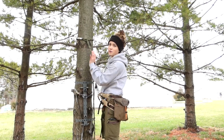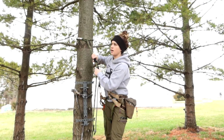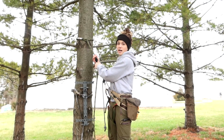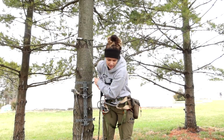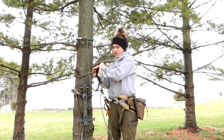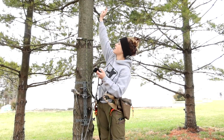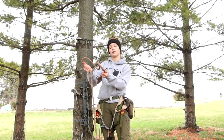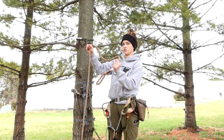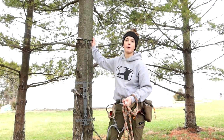So I'll show you the other way how you're supposed to do it. But this is how I would do it. I would do this like halfway up, and then as I would climb, I would leave myself attached to this one. You know, if I would fall, I'd still at least be attached. Get as high as I can to like basically the end of this rope, and I'd be up there. And I'd do the same thing with this one, which is, that's actually how you're supposed to attach this one as well. And then I'd clip in, and then I'd have this one loose,